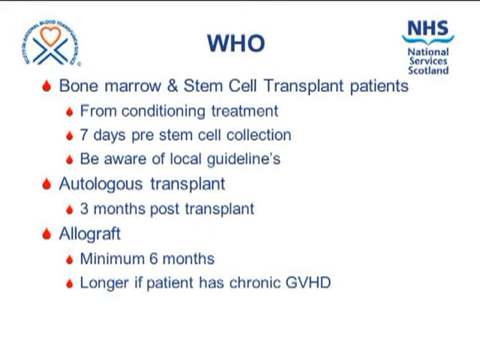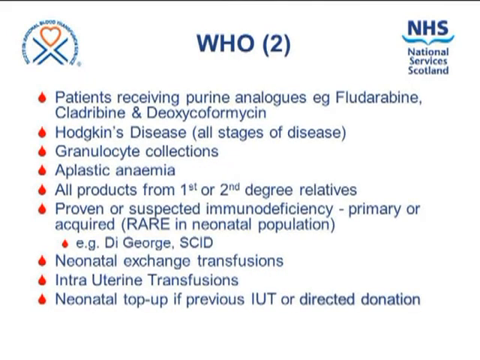Equally, it is important to remember that the patients who require irradiated components may be nursed or admitted to other departments who wouldn't regularly treat these patients. Other types of conditions or treatments that require irradiated blood are patients receiving specific chemotherapy, for example purine analogues,